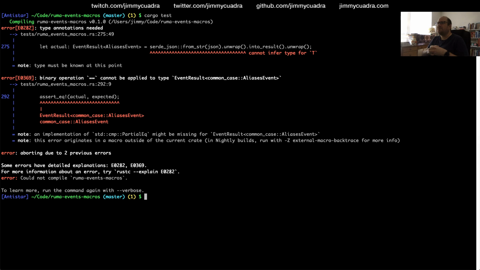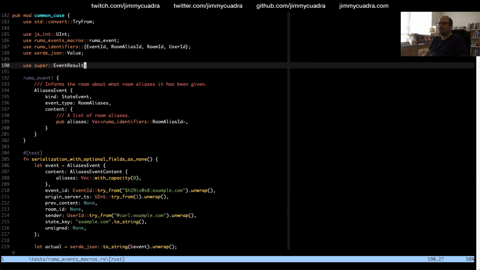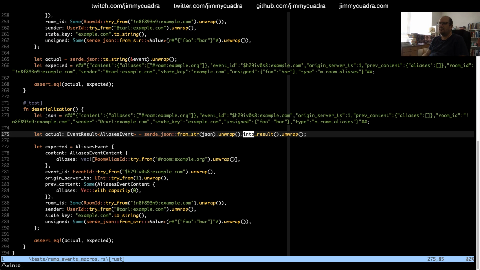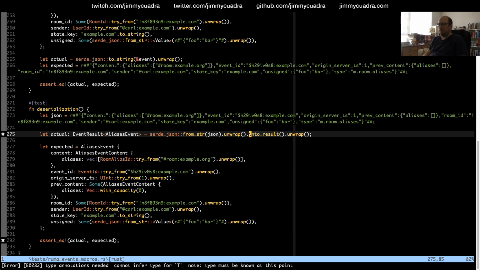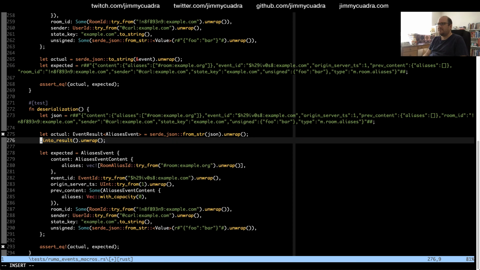Cannot infer type for T. What the hell? It does have a type annotation. Oh. It seems to be confused about this?